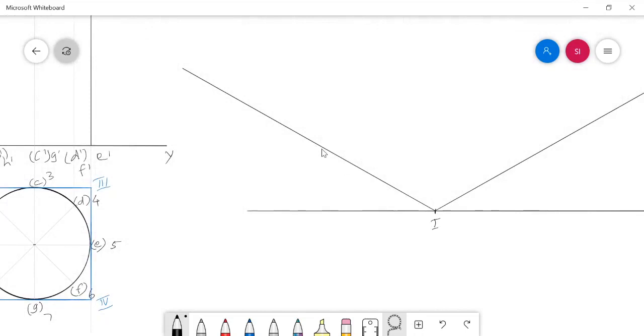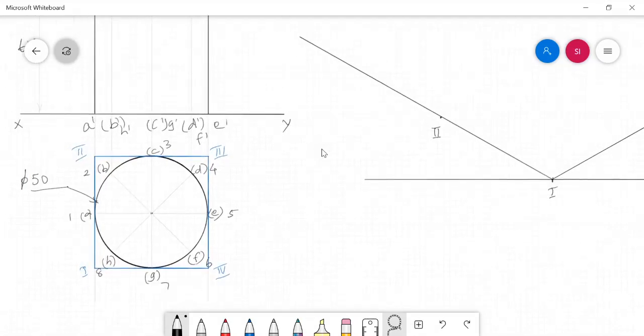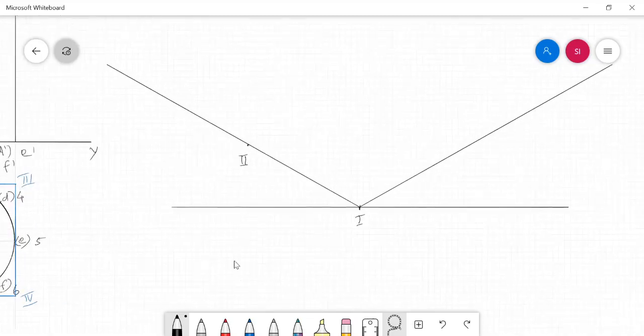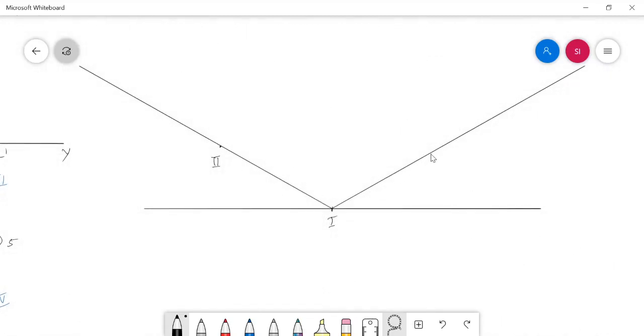I am marking it approximately at this point. It is point 2, and in the same way you need to measure the 1 4 distance. Definitely this will be equal to 1 2 because it is a square, and mark the point 4 on the right side wing.